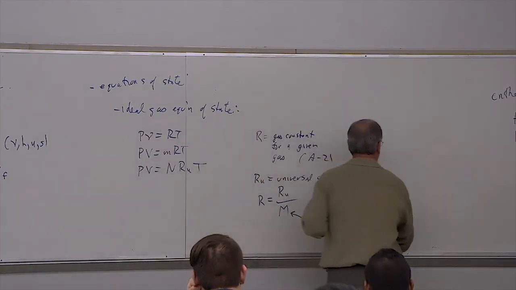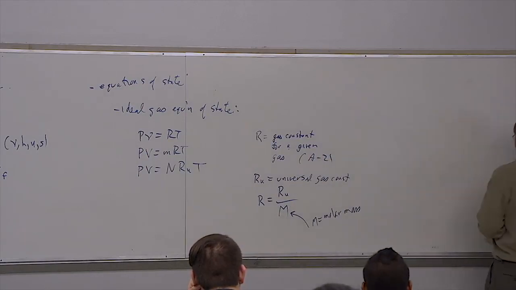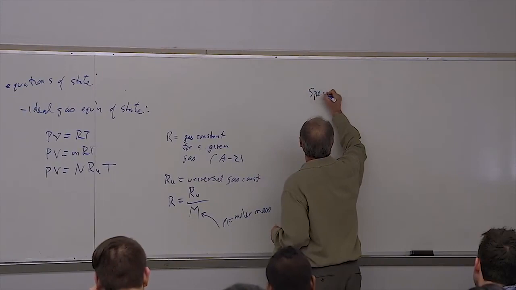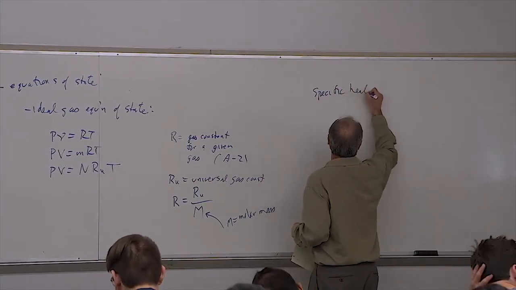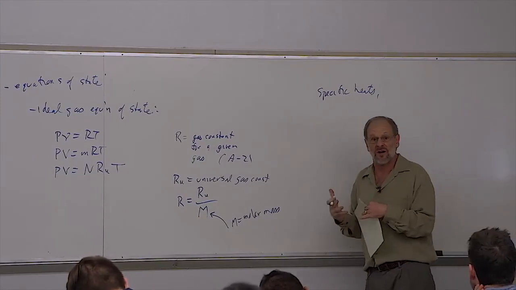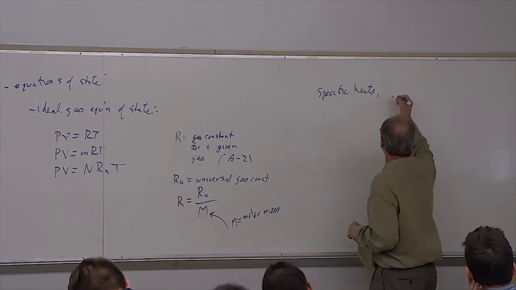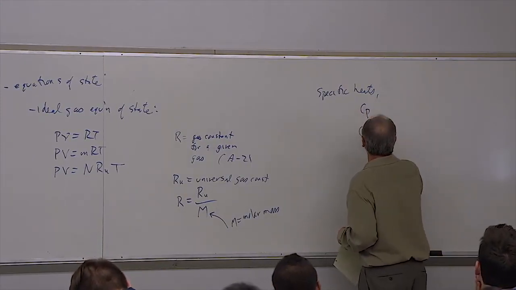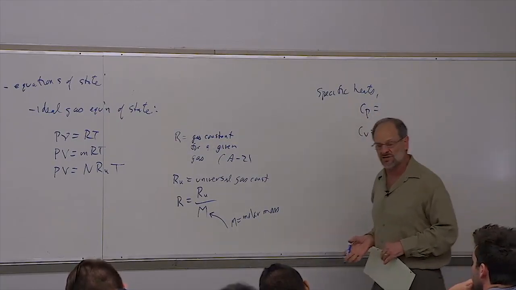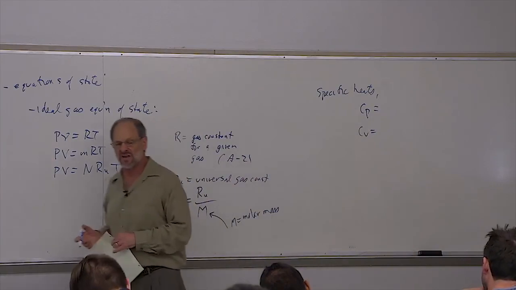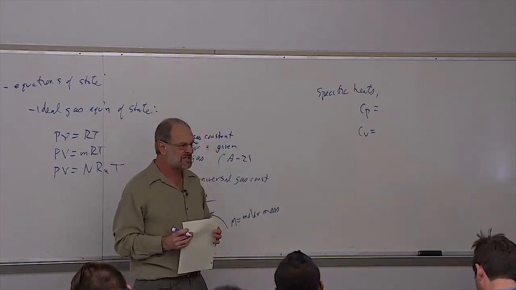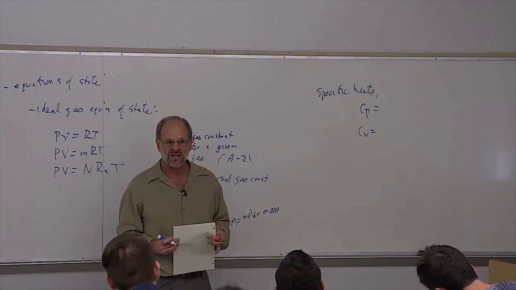Okay. Another thing that we should be aware of are called specific heats. Specific heats are used in problems that generally involve ideal gases. So there's actually two of them: Cp and Cv. Cp is called specific heat at constant pressure, and Cv is named specific heat at constant volume. It has absolutely nothing to do with whether it's a constant pressure or a constant volume process, right?